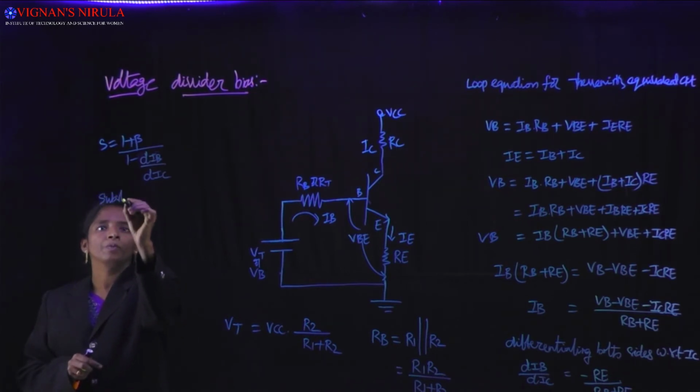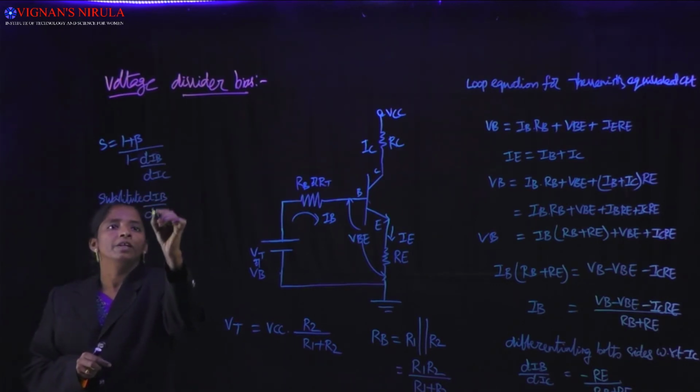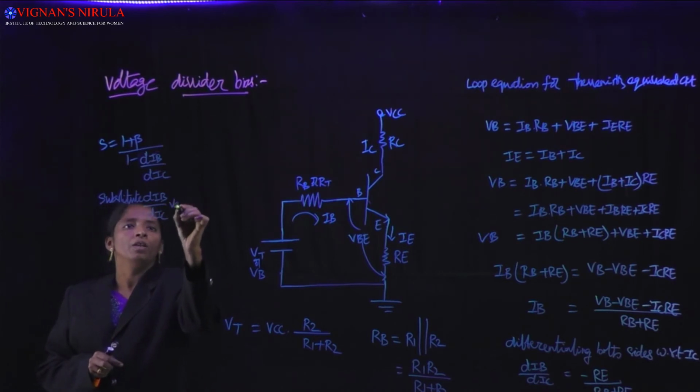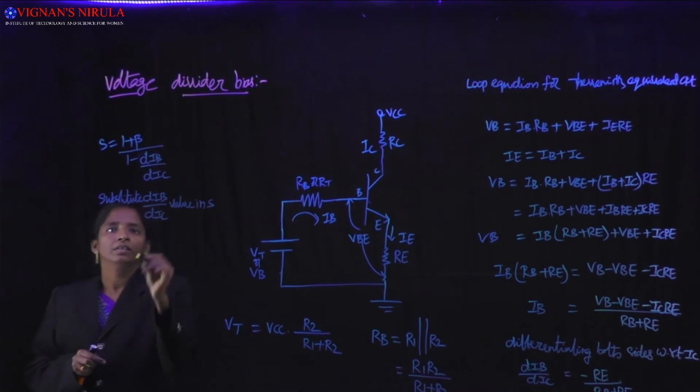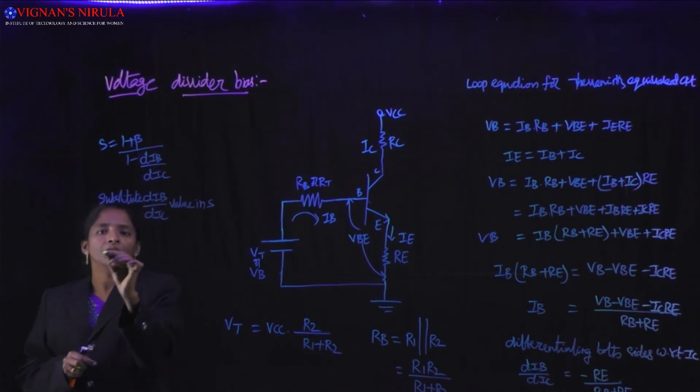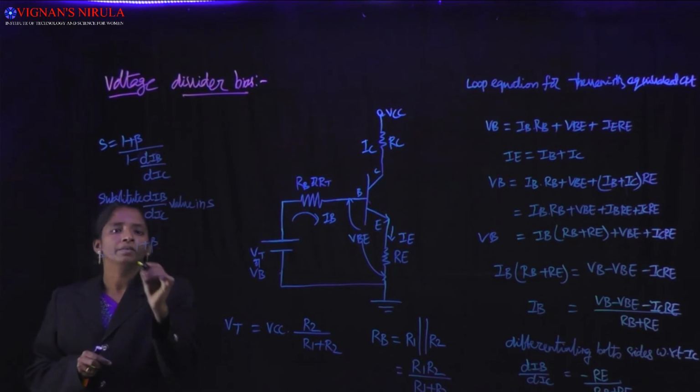Substitute dIB by dIC value in S. Then we get S equal to 1 plus beta divided by